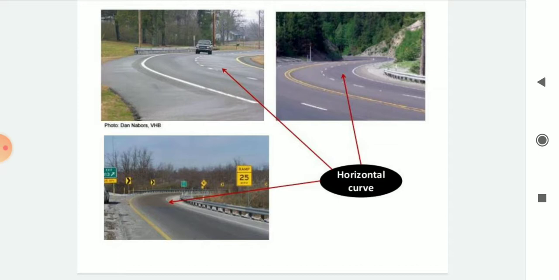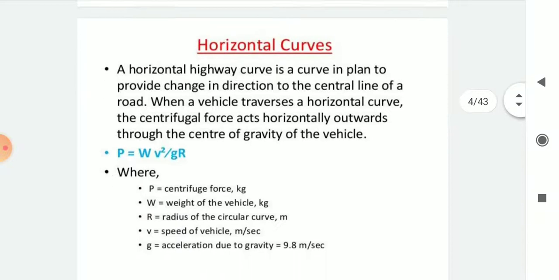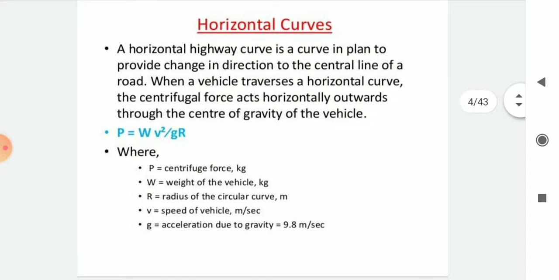Okay, in the figure you can see the horizontal curves which are shown by the arrows. Then what is meant by horizontal curves? A horizontal curve is provided at a junction of change in alignment in the horizontal plane. A horizontal highway curve is a curve in plan to provide change in direction to the center line of